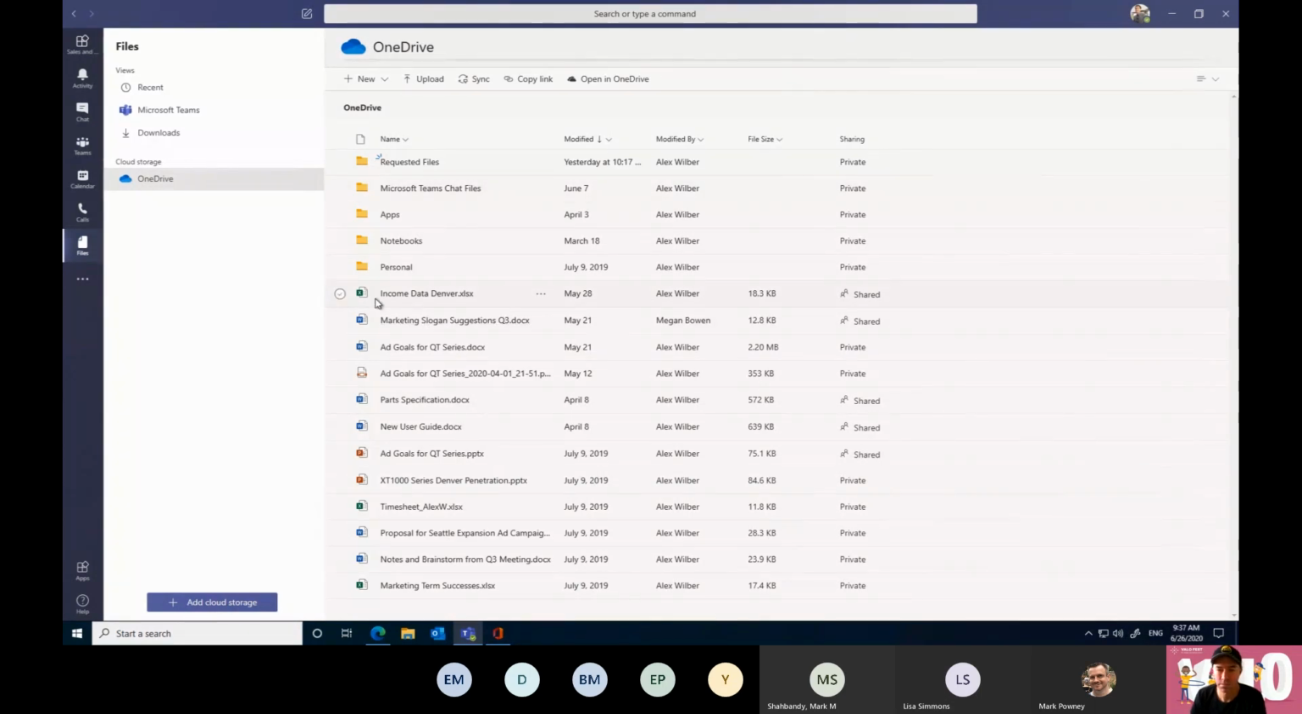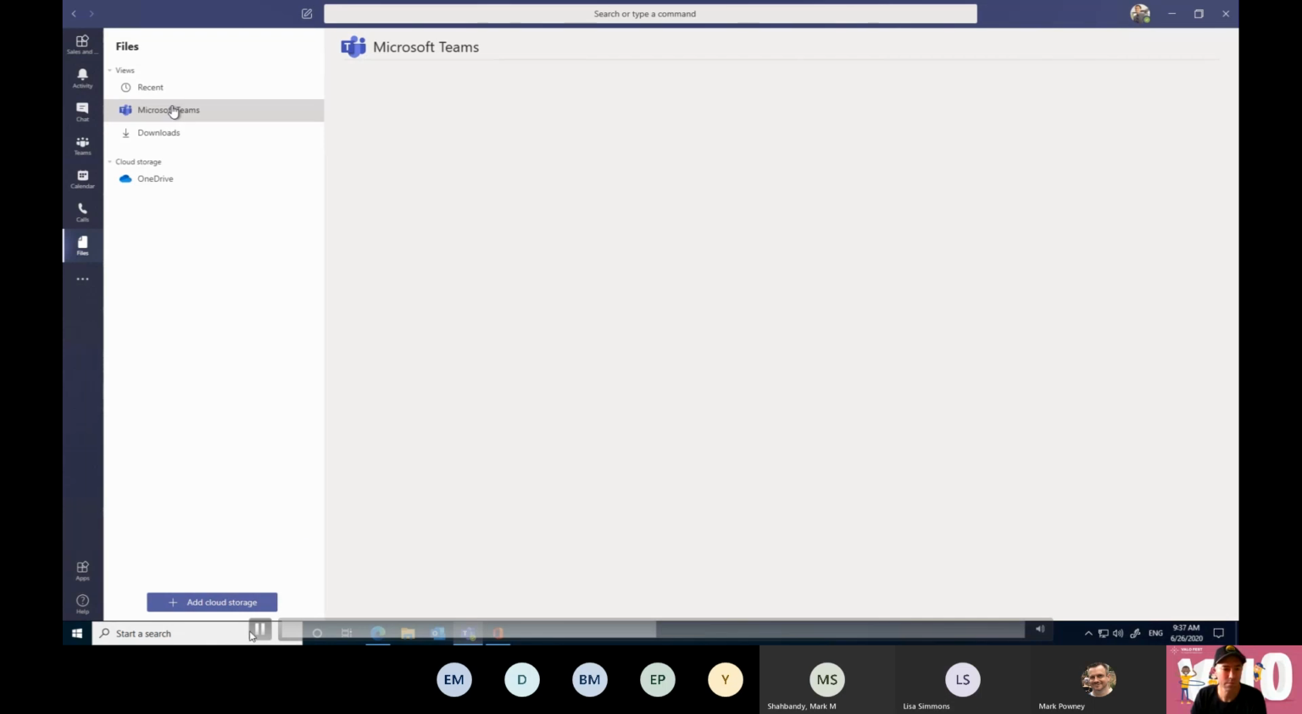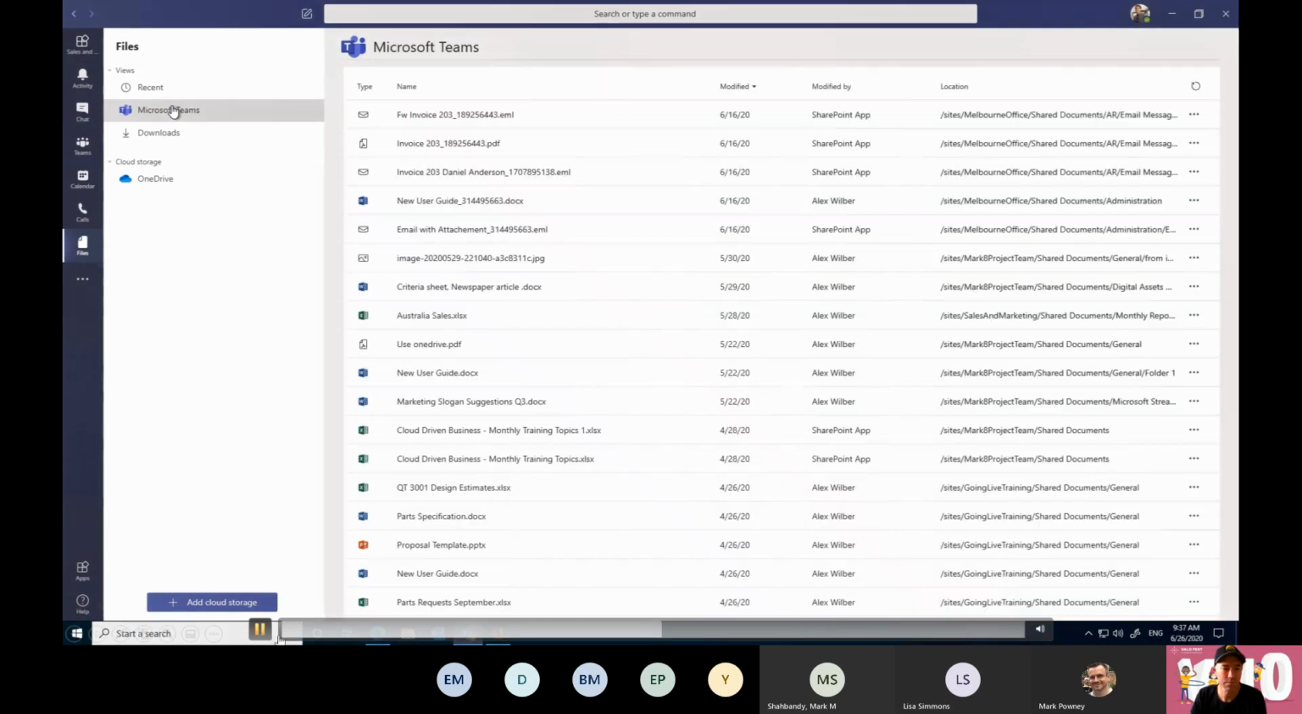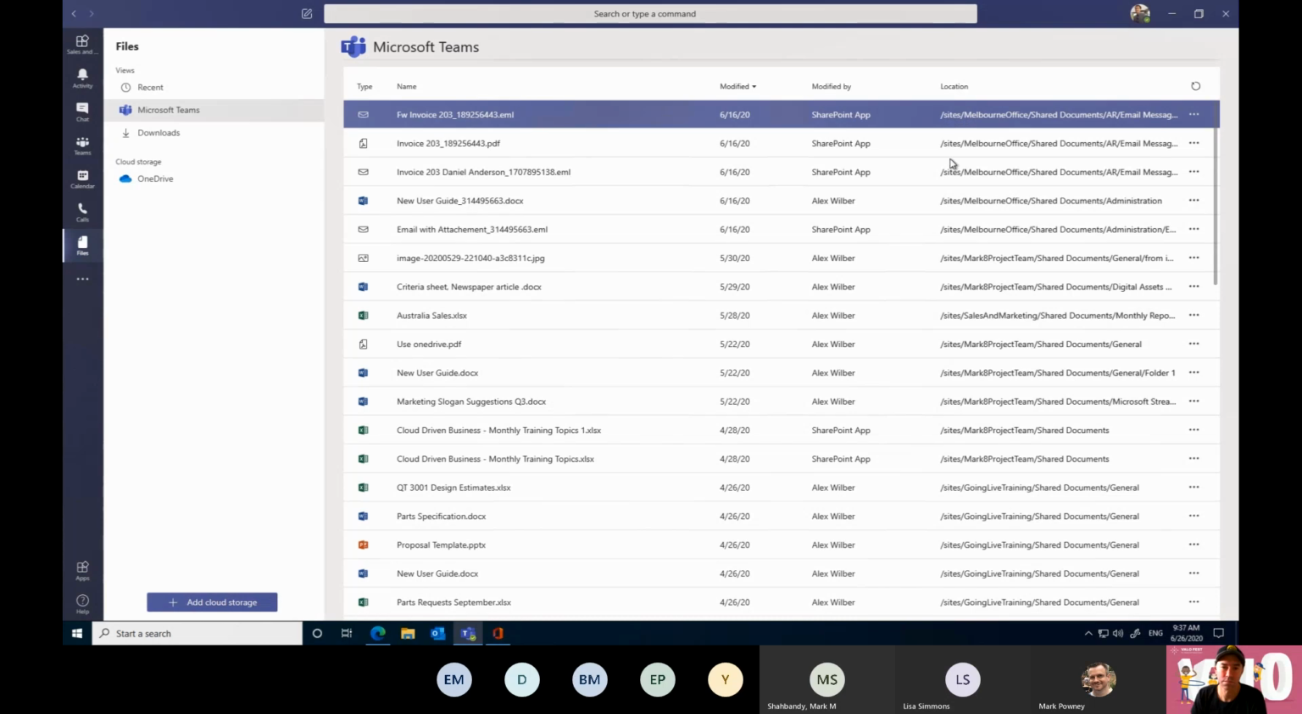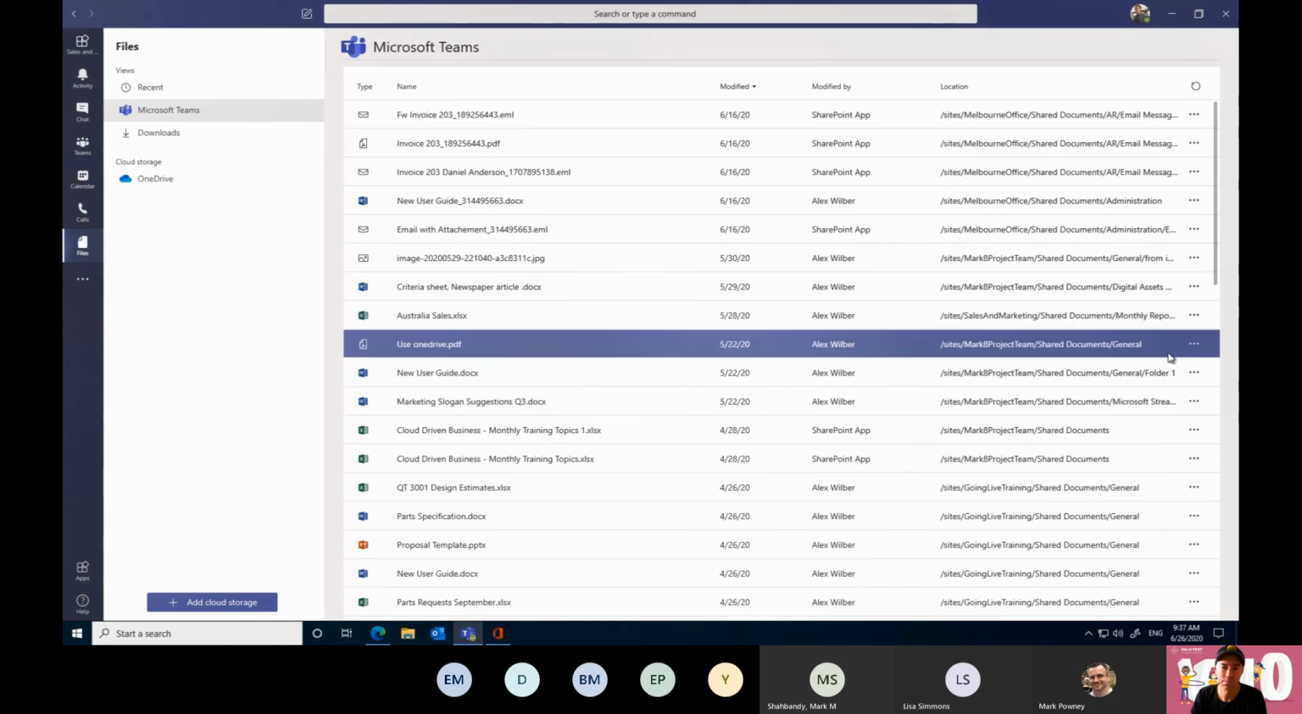I can navigate, I can open, I can select, and I can access those documents directly from here. Now, the other option here is Microsoft Teams, and here I've got the files that are stored in the teams that I'm a member of. So you can see the location of all of these different files, and where they're located. The Files tab of Microsoft Teams is another way and another time saver to